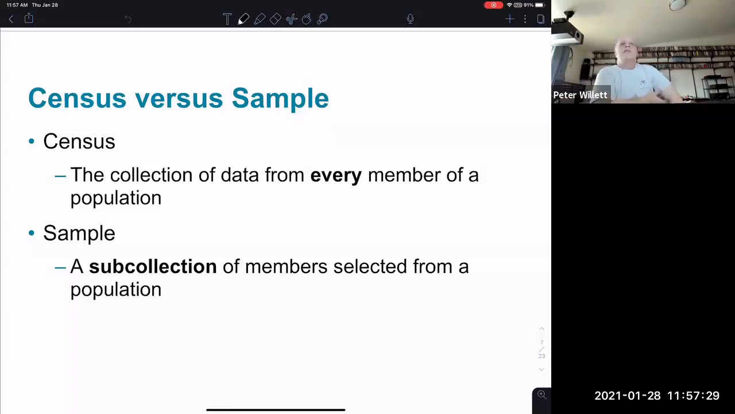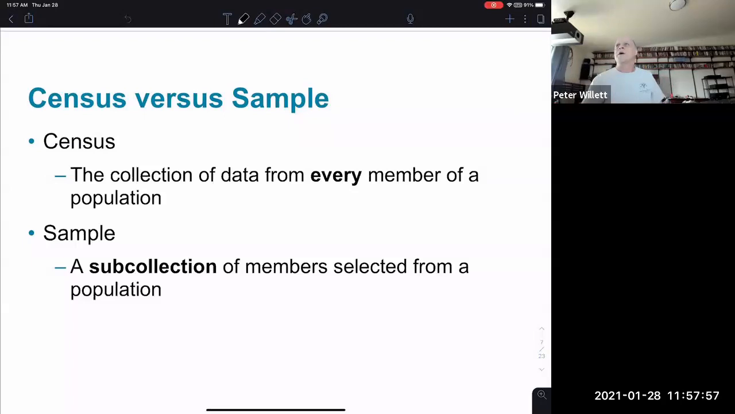So a census is where you collect the data from an entire group and you create a population of data that you have access to. But as we've been discussing, this is often not practical. And so a sample is a sub-collection of members selected from a population. So instead of having a census of the data from everybody, you have a sample